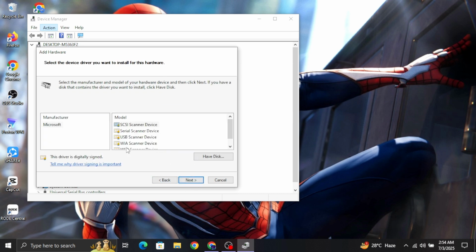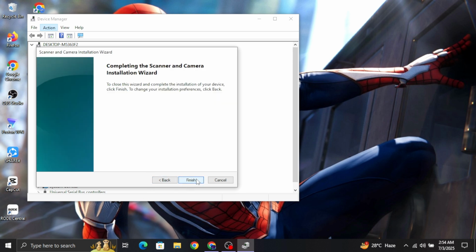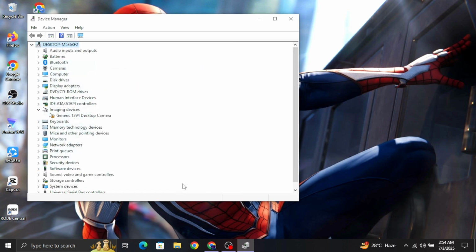Now you will have to click on this SCSI scanner device and then hit next again. Now hit next again and finish. And after that you will have to click on this SCSI scanner device, right click on it, then hit update